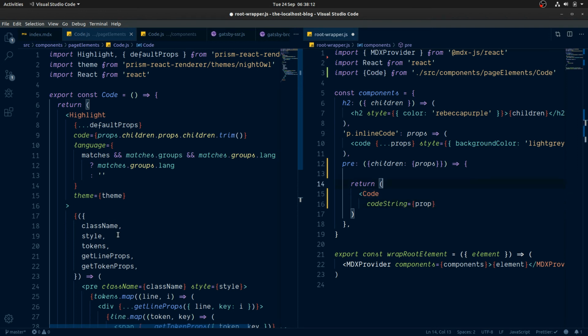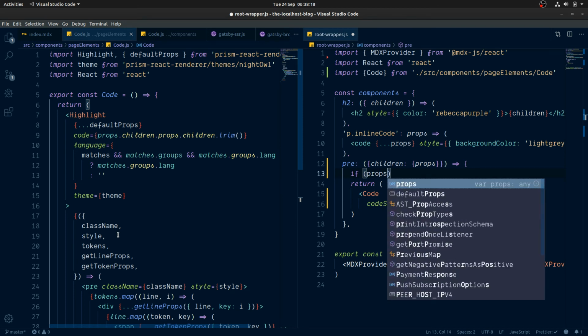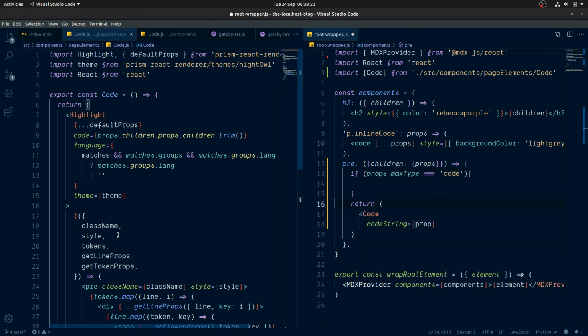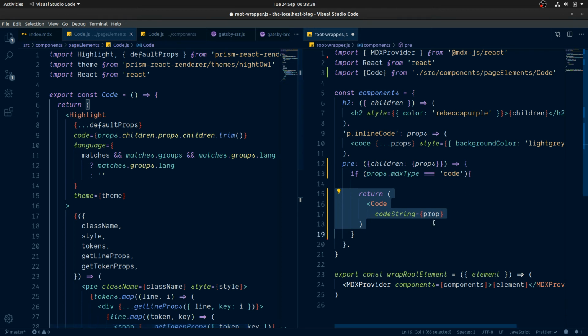Actually, before we even get to that, I want to do: if the props.mdxType is code, then I want to return